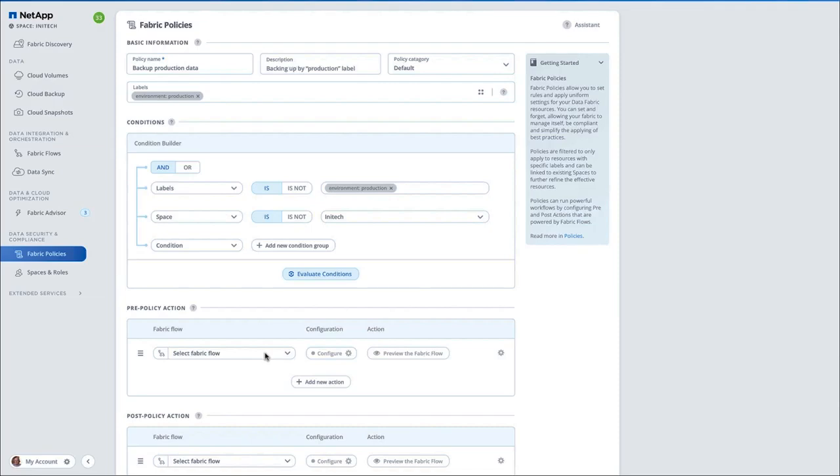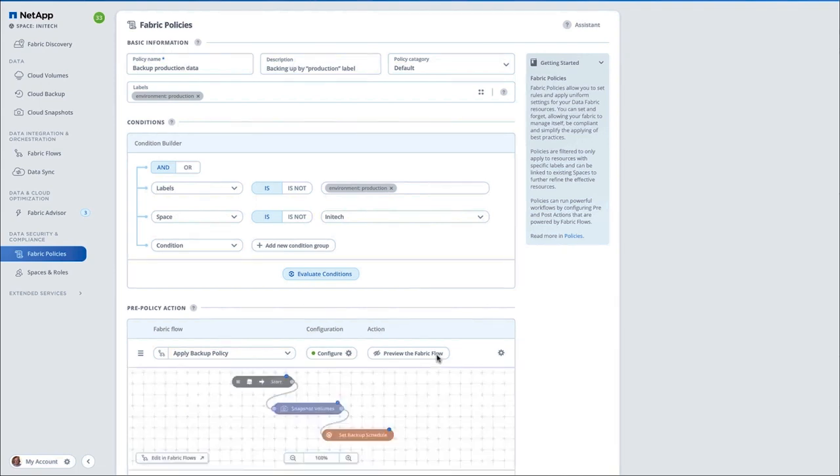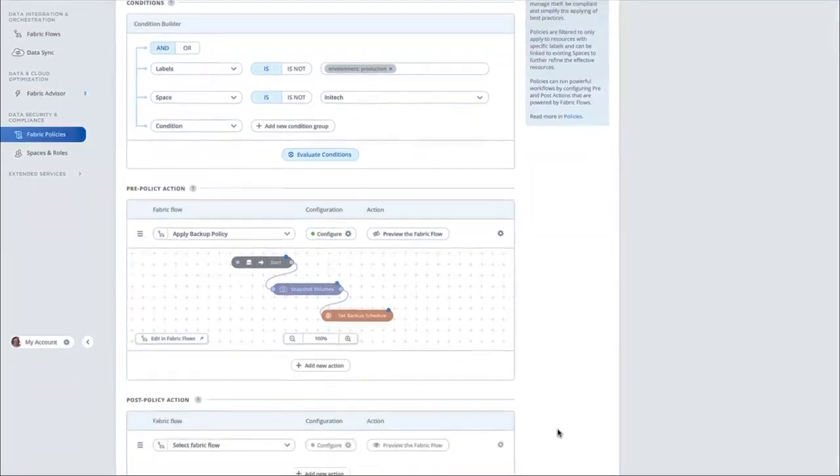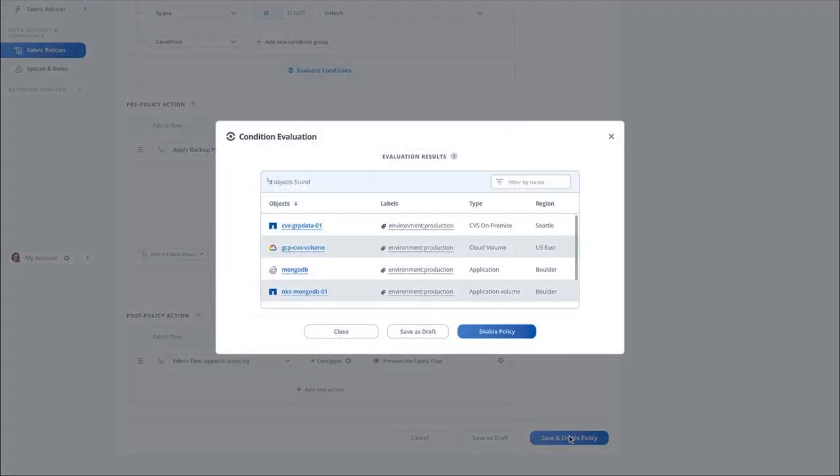And setting an action basically just means picking a fabric flow. So here I'm gonna pick a fabric flow. I can actually see how it looks, see what it does. It's gonna snapshot the volumes, whether it's an application or just regular volumes, and it's going to set a backup schedule on those elements. Simple. Then I just save and enable the policy,